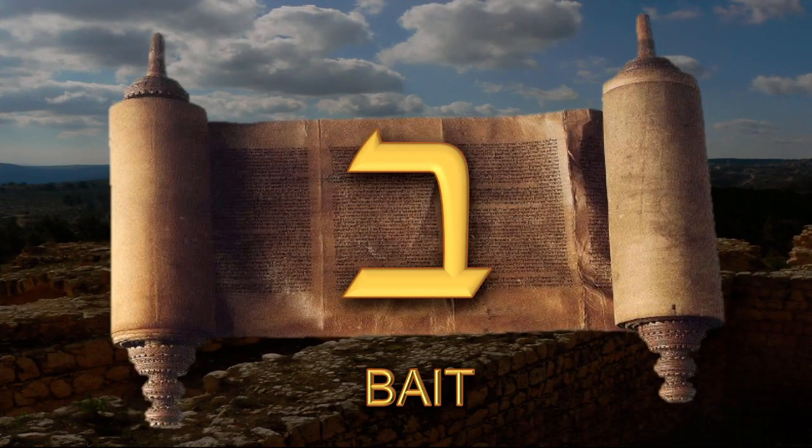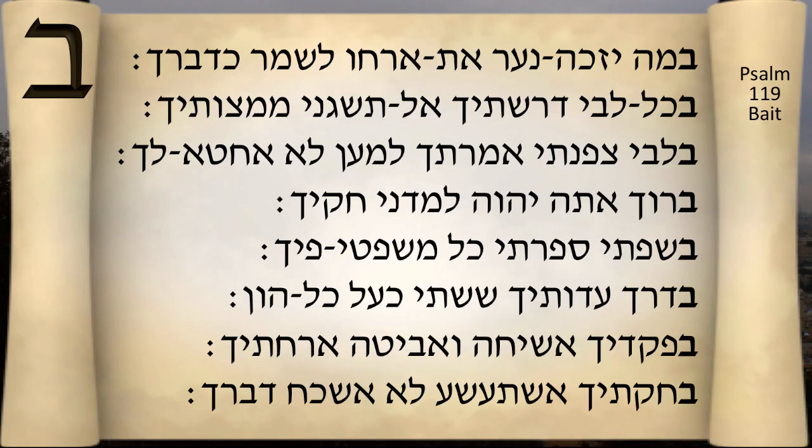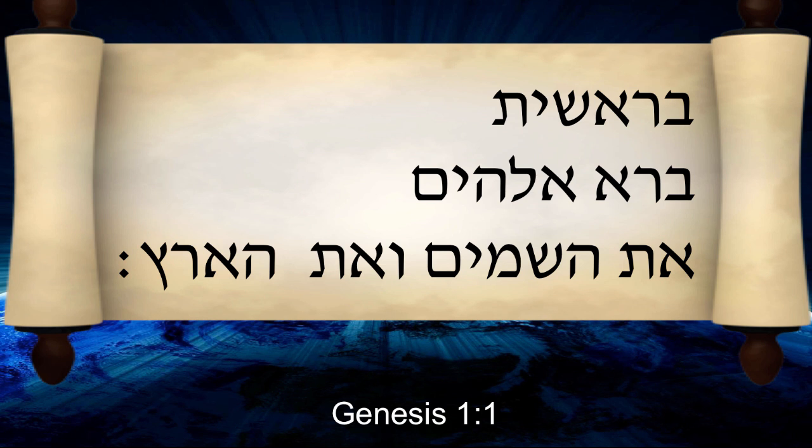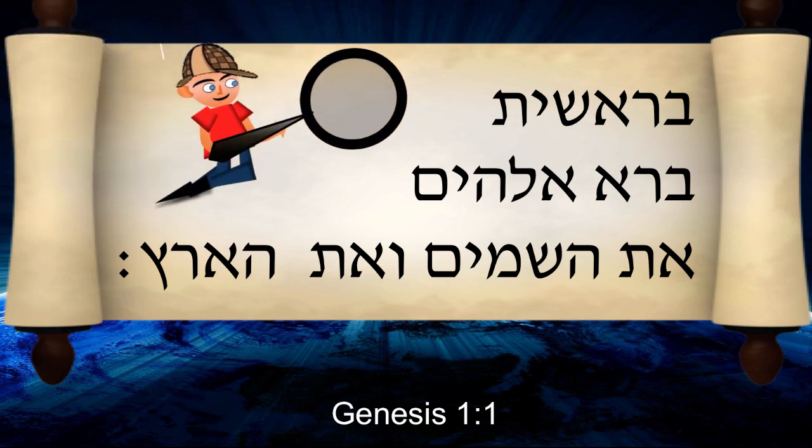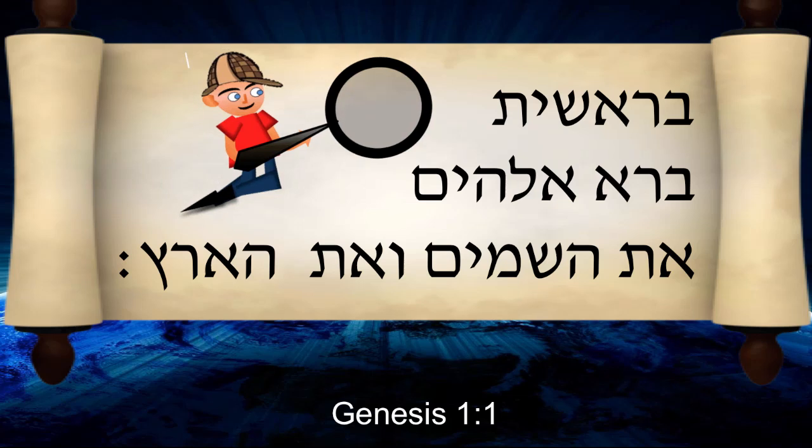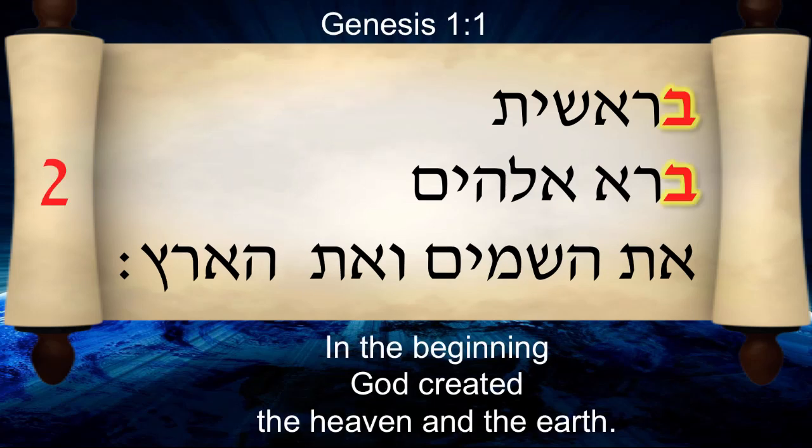And now we are ready to try to find the beit in scriptures and to recognize it. We have Psalm 119, the beit section. And you're able to see the beit there eight times, and it starts every verse. And find the beit in Genesis 1:1. And again, Ben is trying to make his entrance to help you out here. And we actually have two beits, and it's the beginning of each line there.